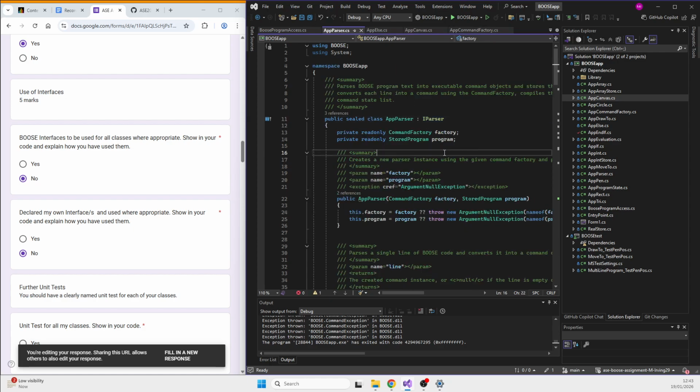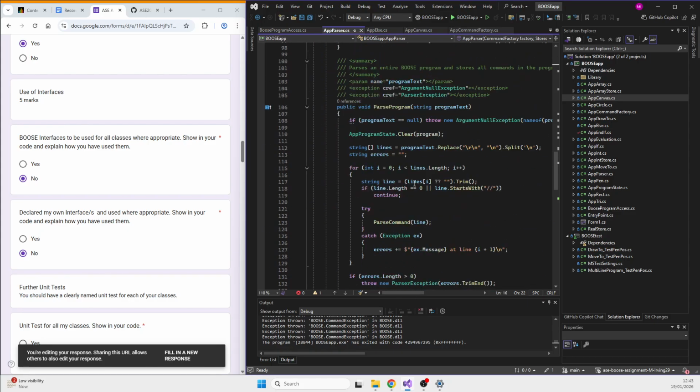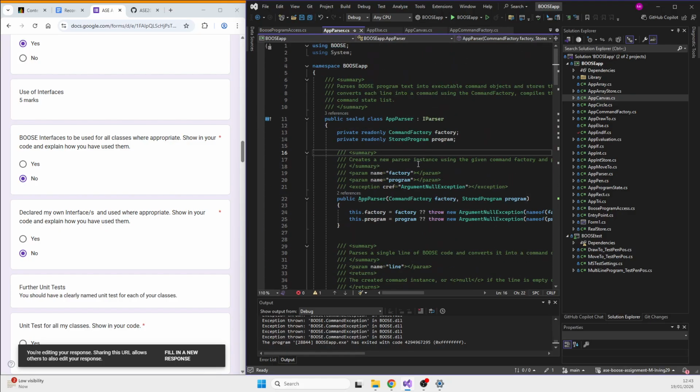Parser, I'll also quickly just show. I'll go over it in more detail further down. But yeah, implemented Parser, using the command factory in the stored program that I've made. Yeah, just passes as you'd expect.